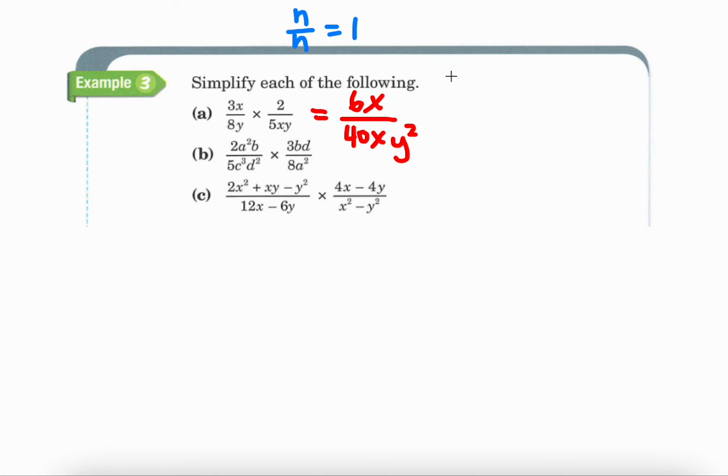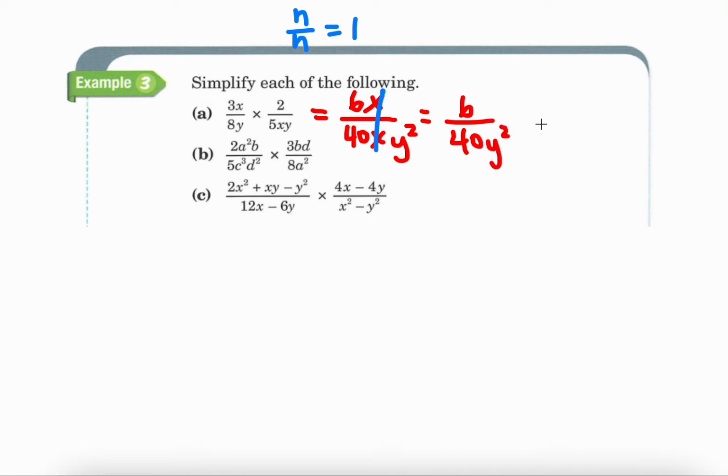So I can cancel them out because that won't really change the value of my answer. So I have x over here. Okay, so then x over x would cancel each other out, and what's left over is 6 on top and 40 on the bottom,